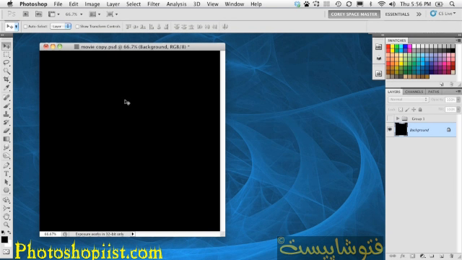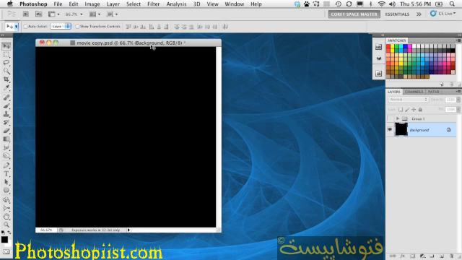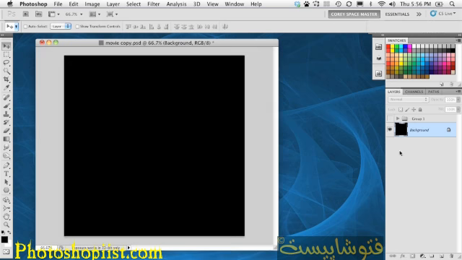This is actually from a movie poster I saw in a magazine just recently, and it was a very interesting concept, an interesting use of shapes to build the overall composition. So we will start in this document here, and what we're going to do is go ahead and create a